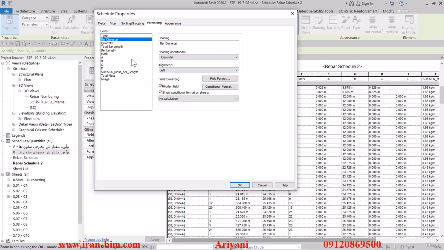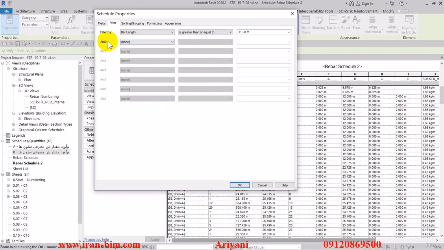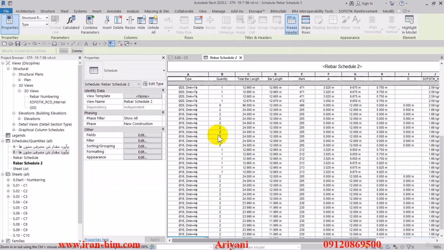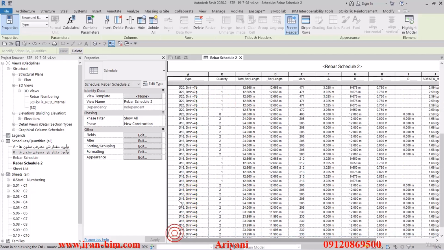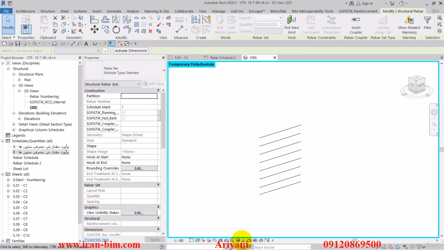Now in the Formatting tab, I can hide the bar diameter. Then select all of the fields and put them on center. Then go back to the filter tab, select the bar diameter here, then does not equal 0.8 centimeters. For now, we'll just say the type 8 rebar is thermal resistant and we'll leave it alone, but the type 16 and 20 are important to us. So I'll select this, hold the shift, and select this one and go over to the 3D view. Then hit reset here, and then after that